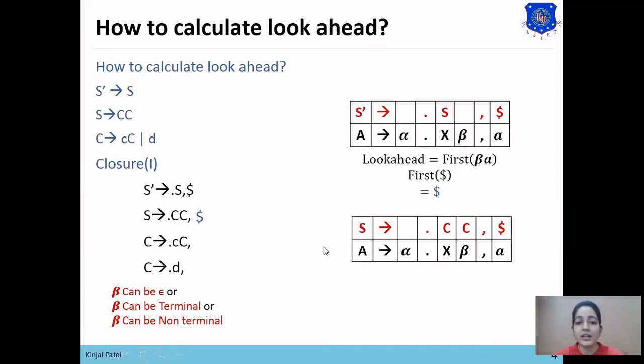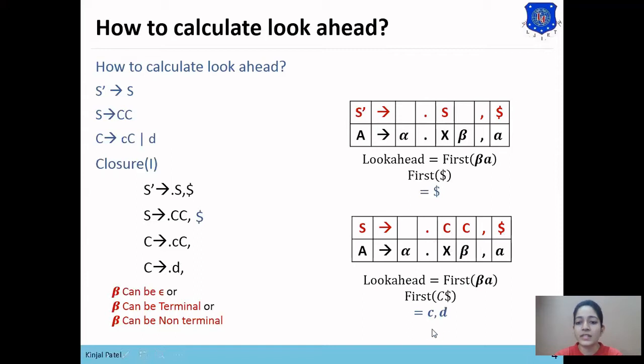Now here beta is C. So to find the look ahead, we'll find the first of beta a, meaning the first of C dollar. Here the first of C is terminal c and terminal d.